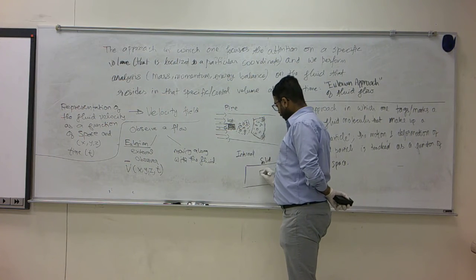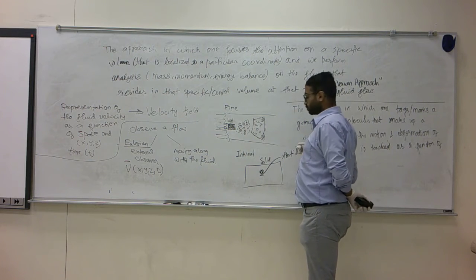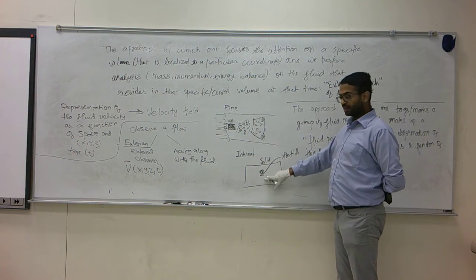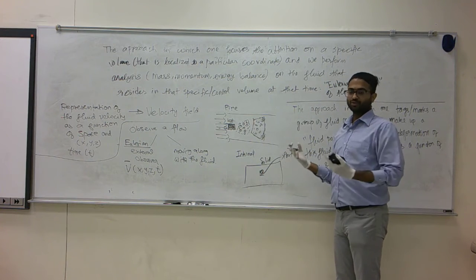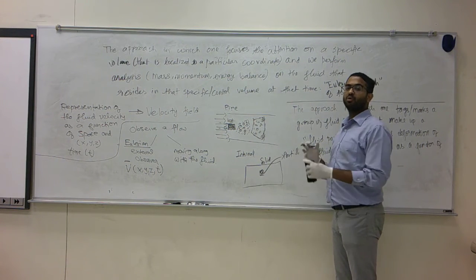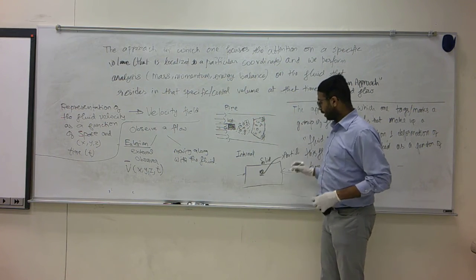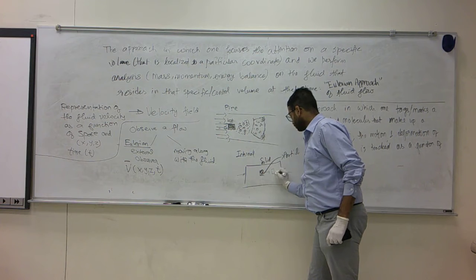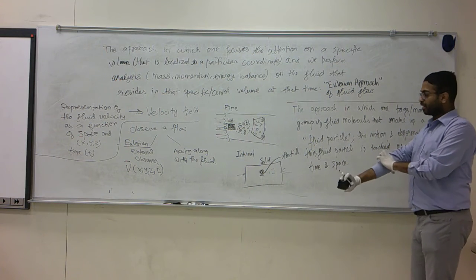Now, to give you an extreme example, if you take a block of solid, and you pick a bunch of molecules and call them a particle. What happens as a function of time? These solid particles, or this particle consisting of solid molecules, they are not going to move away because that's what makes them a solid. The shape of this particle is more or less the same as a function of time, except maybe when you apply load and compress it or deform it, the shape may become a little narrow. The shape may change slightly.